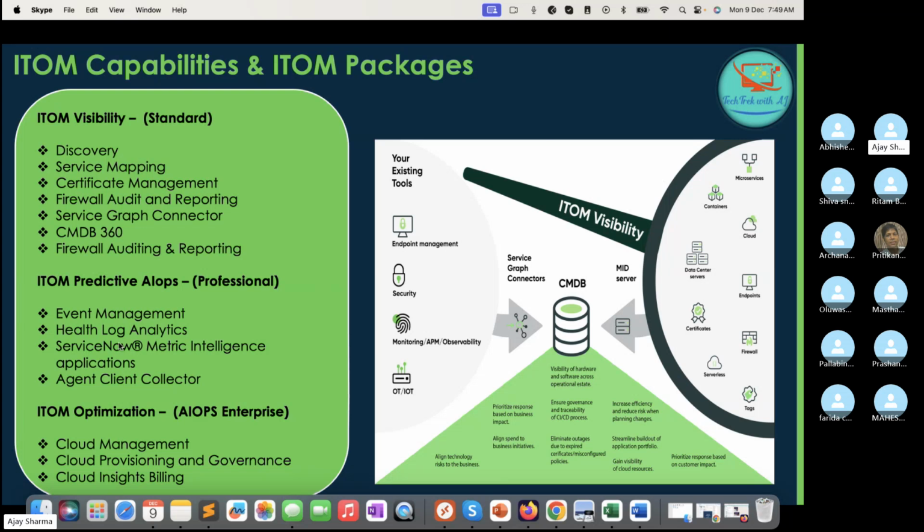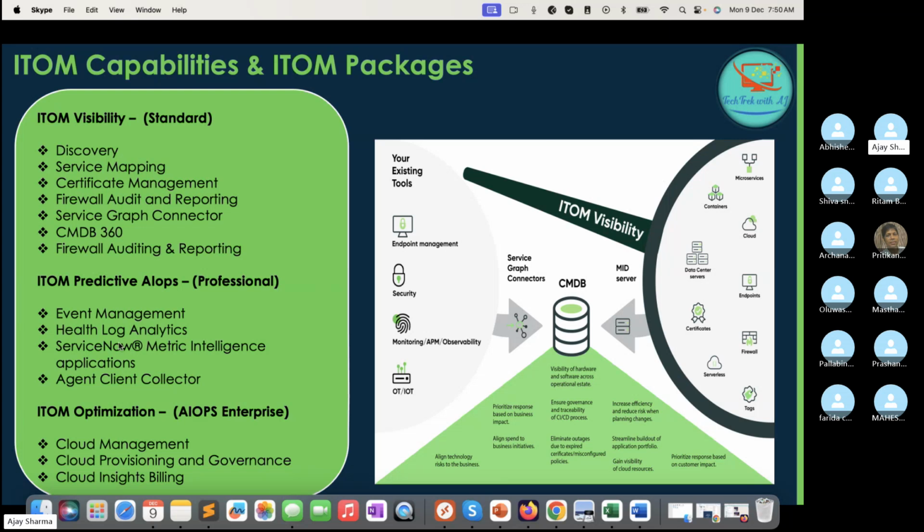So cloud management is for when you want to monitor your complete cloud, and you want to make ServiceNow a source of truth where everything will be available, or you can perform lots of activities from ServiceNow itself. Like, if you want to provision a cloud machine or a virtual machine, you can provision it from ServiceNow itself. You don't have to go to the cloud portal like Azure or AWS. You can do it from here, right? Again, you have the complete billing insight of how many